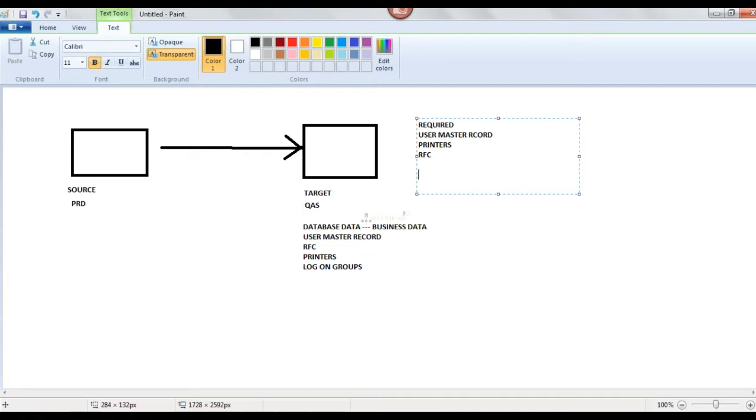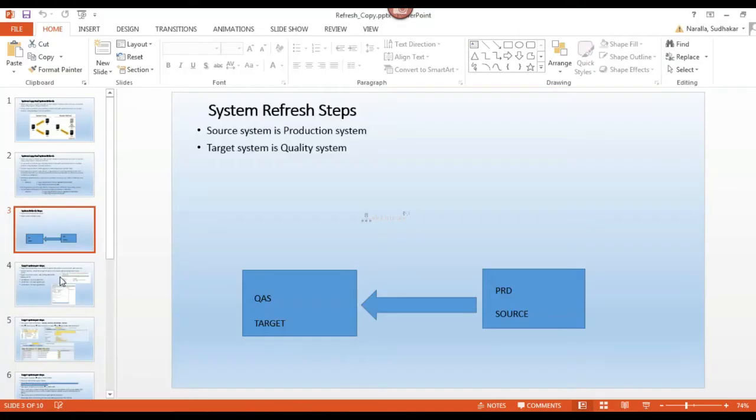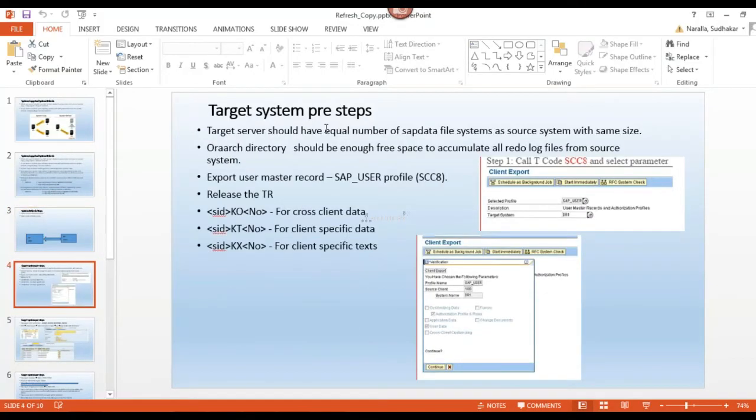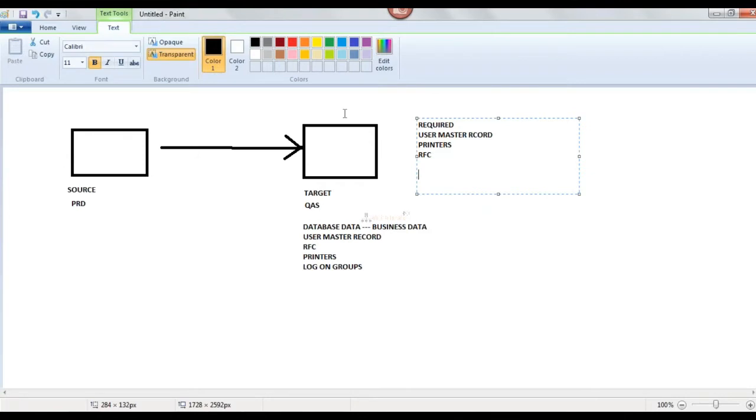So in system refresh, in target system, what do we need to do? Where is my target system? Quality system is target, right? So in target system, before starting a system refresh, in quality system, whatever users are there, you need to take an export of those users. Why am I taking an export of these users? Because whenever I do a system refresh from production to quality, production users will be copied into the quality system,